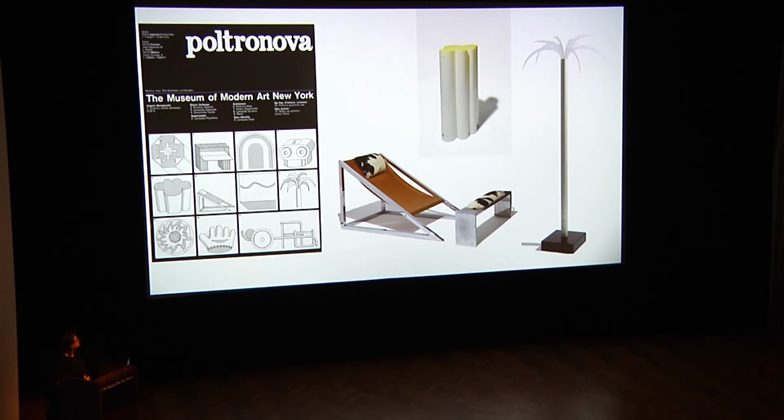Poltronova, the manufacturer that I mentioned, as the main producer of radical objects, was well represented in the exhibition. On the left-hand side, you see an advertisement that they took out in a lot of the magazines. Here are 3 of the objects that were in the ad and in the show. So we have here